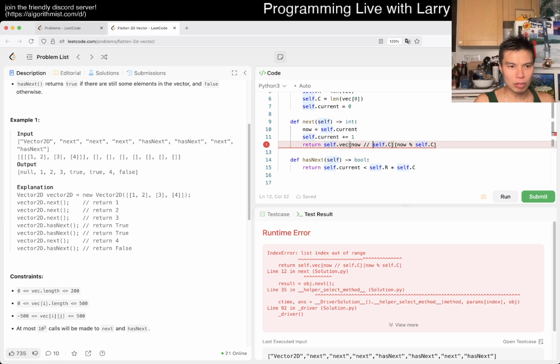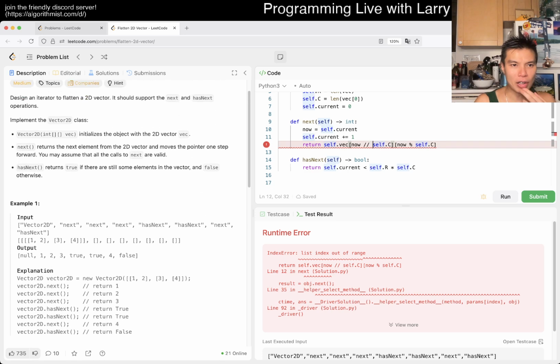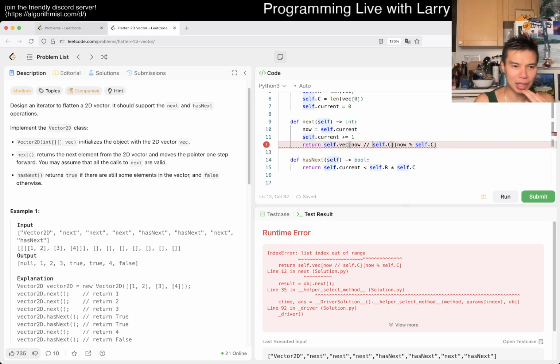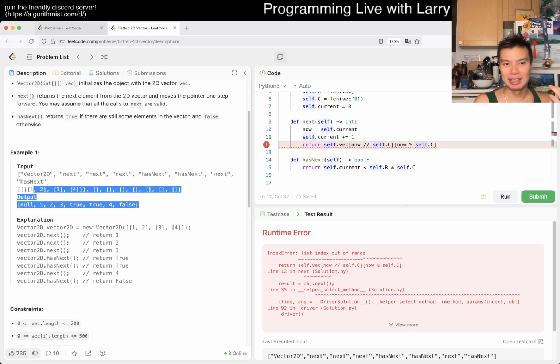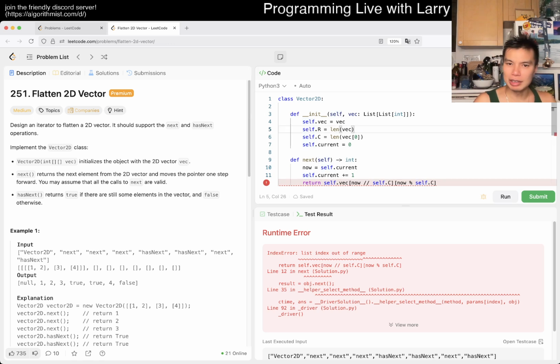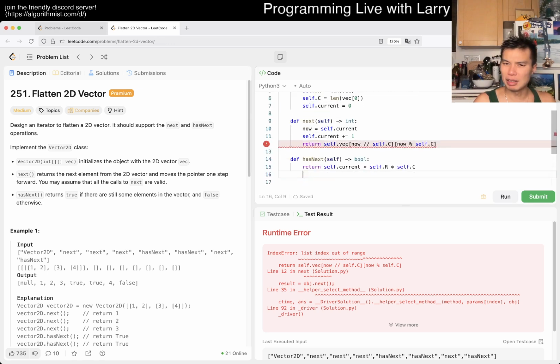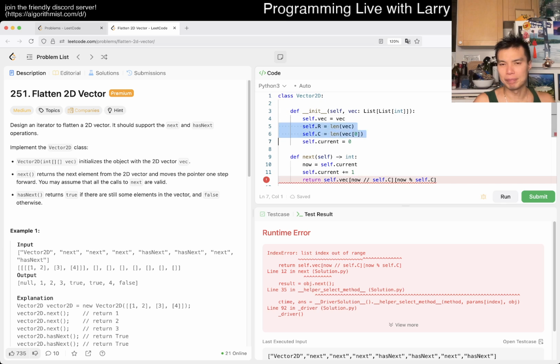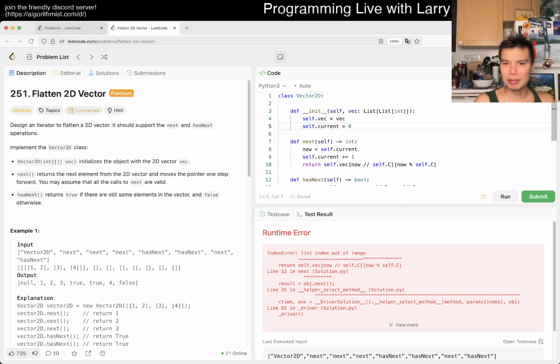Oh, I was wrong. Okay, no, I am wrong on this one. I thought for some reason, I didn't take a look at the example clearly, because in the example it's already shown. It is not a rectangular thing. Okay, so now we just have to think about this a little bit more clearly, but it's also not that hard. I think, yeah, maybe we just keep it this way.